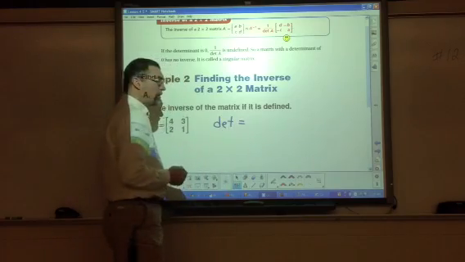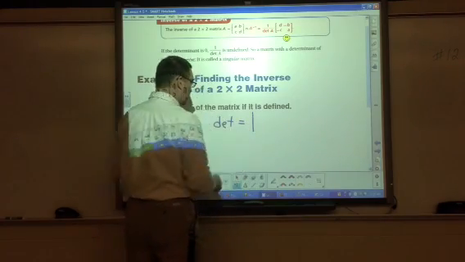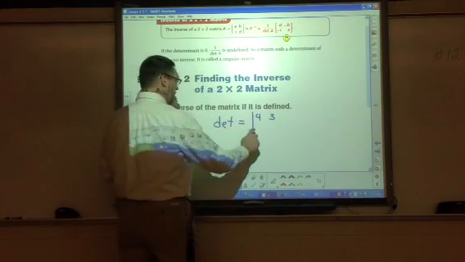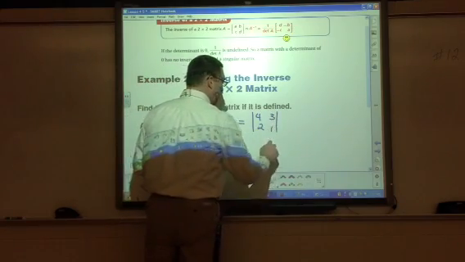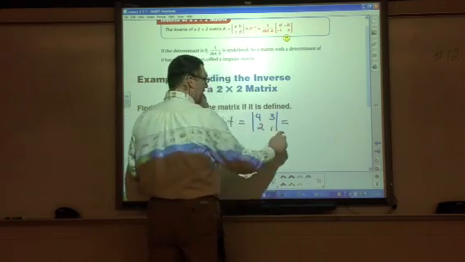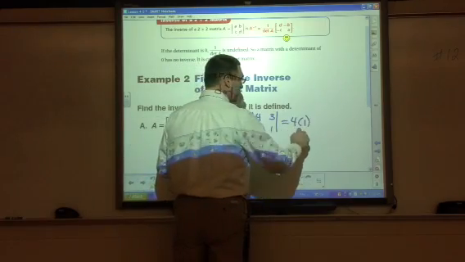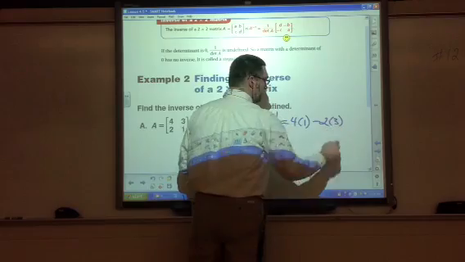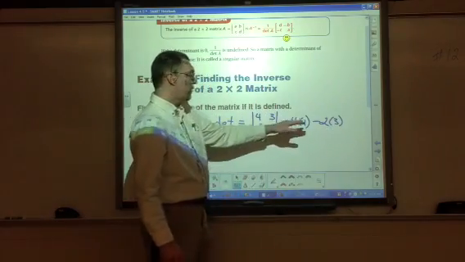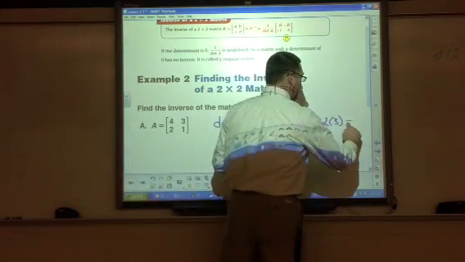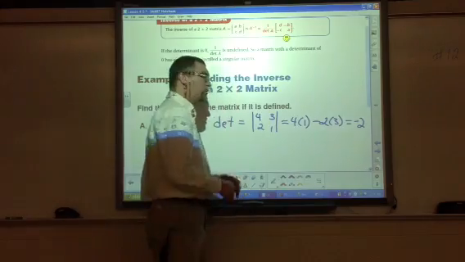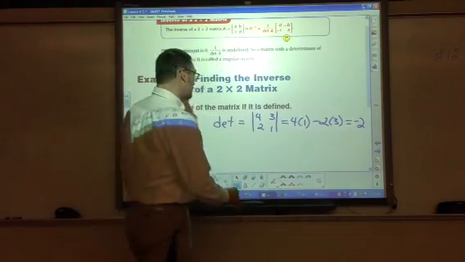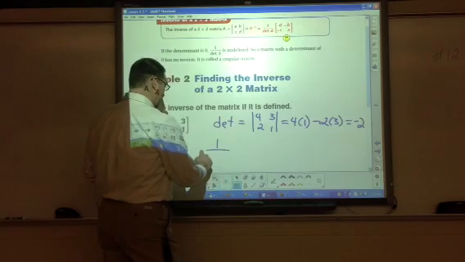All right, remember, the determinant is equal to, if I take these numbers from the matrix, and then we're going to multiply diagonally, so 4 times 1, and then we're going to subtract 2 times 3. So in this case, we get 4 minus 6 is negative 2. So our determinant is negative 2. So we're going to then take 1 over negative 2, or negative 1/2,